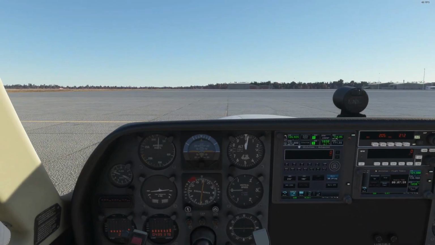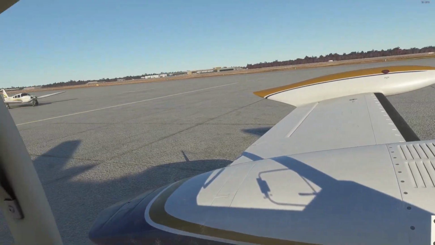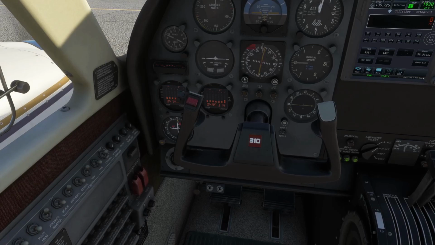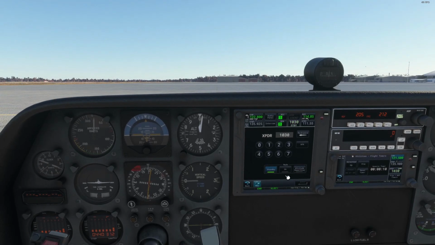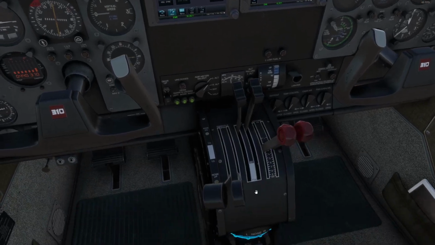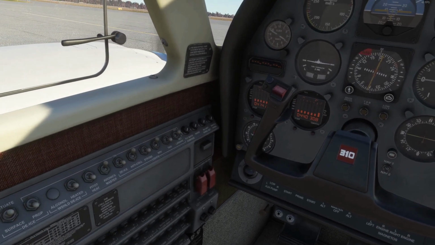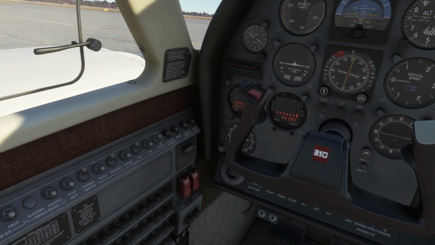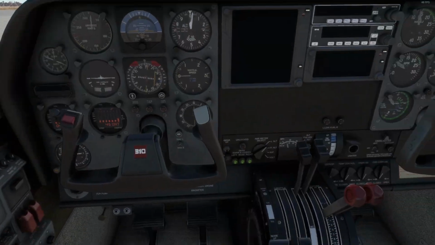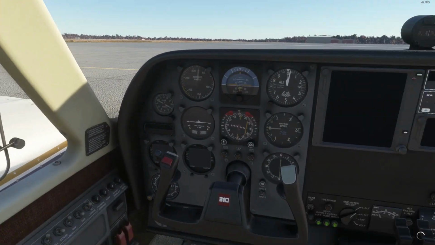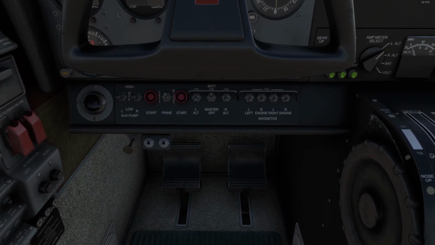Right, parking brake on. Alaska 155, JAX Center, radar contact, climb and maintain 15,000. Right, so that's it. I've arrived. I'll just shut down the aircraft. Usually I don't do that on stream, so let's make an exception. Let's put this on standby. Let's turn off the fuel pumps. Let's turn off the engine, or this one, avionic master. One engine goes down, second engine goes down. Alternators, all the magnetos,